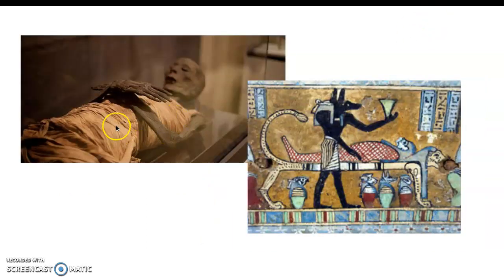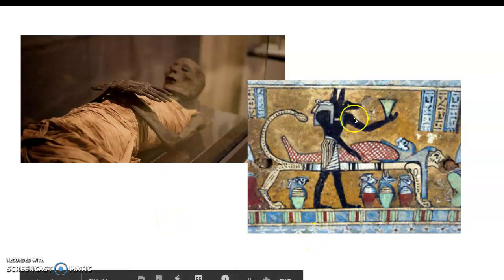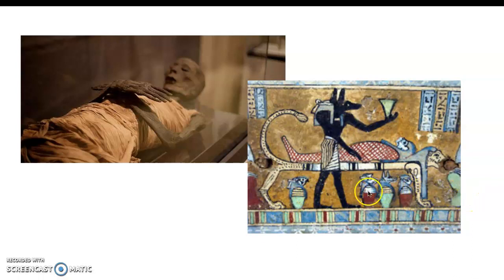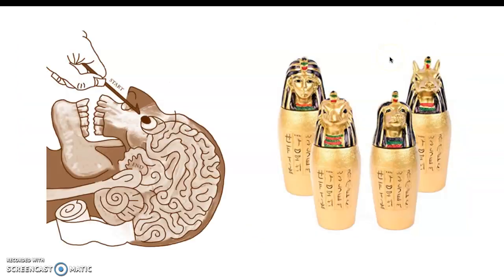There you go. And this is a mummy preserved in one of the museums, I believe in Cairo, the Museum of Antiquities there. But you see how dried out the skin is, but pretty well preserved. Kind of looks like a zombie. And then this is a representation of the mummification, the embalming process right here with the jackal head. Each one of the major organs, according to the Egyptian religion, would be placed in one of these canopic jars, which you guys talked about. And obviously the guy laying down is the guy being embalmed right now.